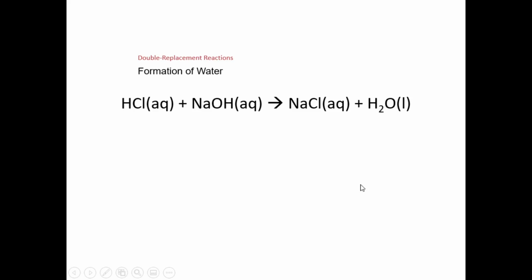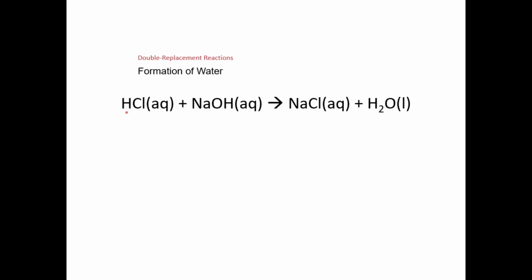All right, here's an acid-base reaction. This time, instead of forming a solid or gas, we're forming a liquid. In this case, it's water. So we have an acid, hydrochloric acid, and we have a strong base called sodium hydroxide. This is lye or drain cleaner. You combine these, and